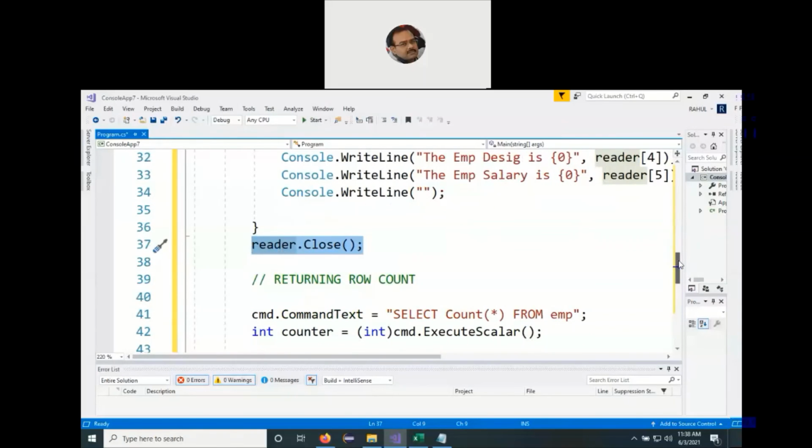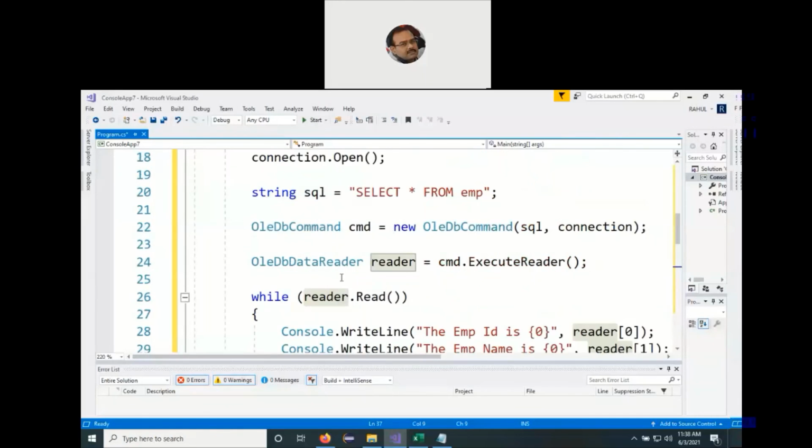Then if I want a count of the total number of records in the table of a database, what do we do? We say SELECT COUNT(*), and that is a normal SQL query we write in the database, nothing related to C#.NET. This is a normal query we write in databases to count the total number of records in the table of a database. So SELECT COUNT(*) FROM and the name of the table. So it will return. So where do we store that information?